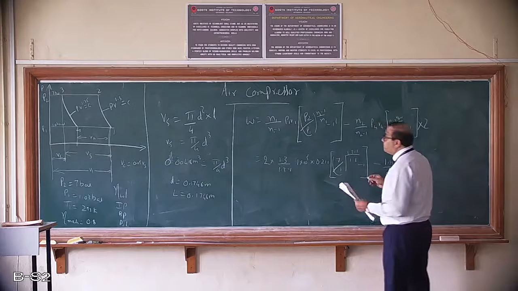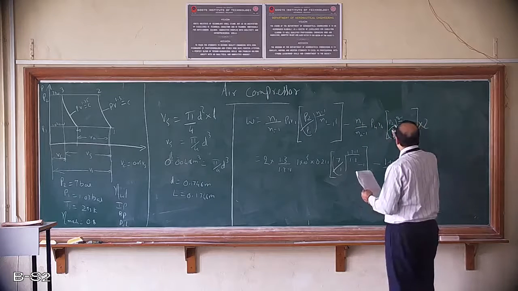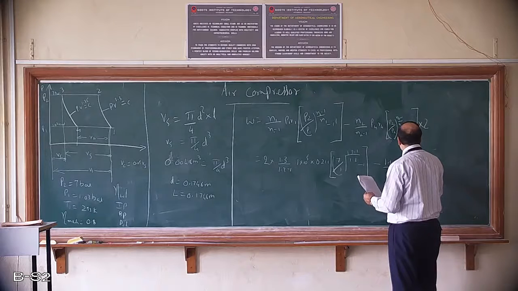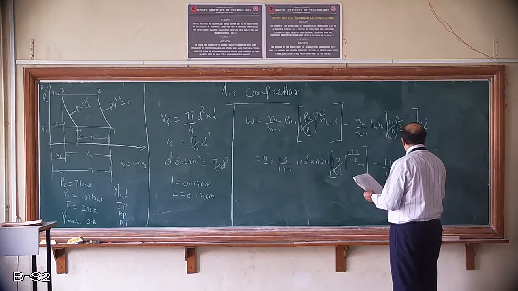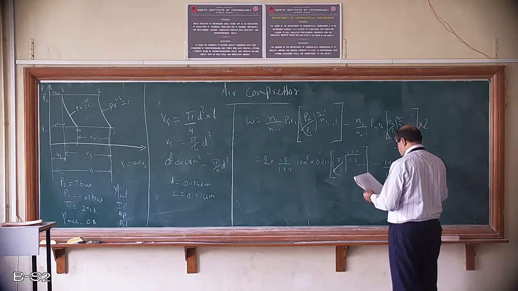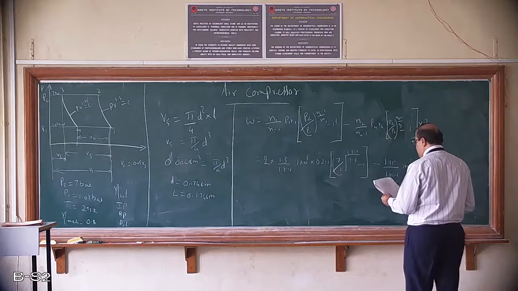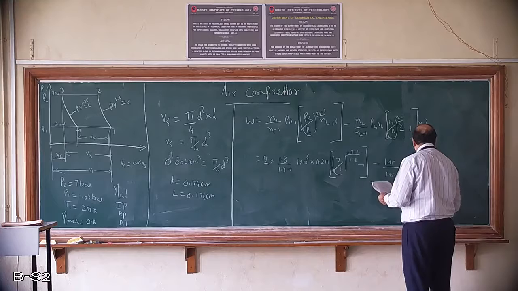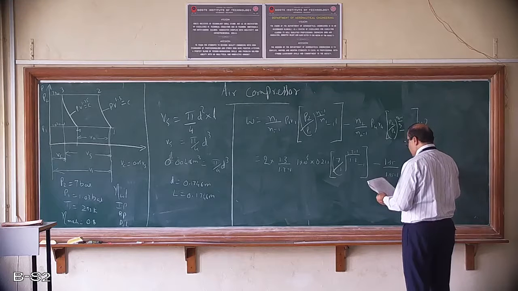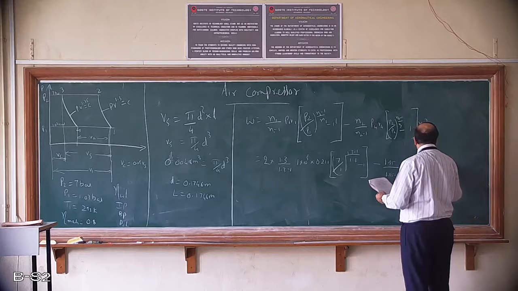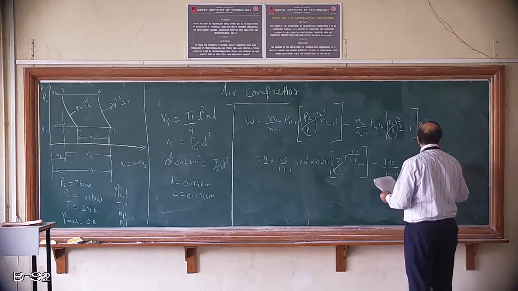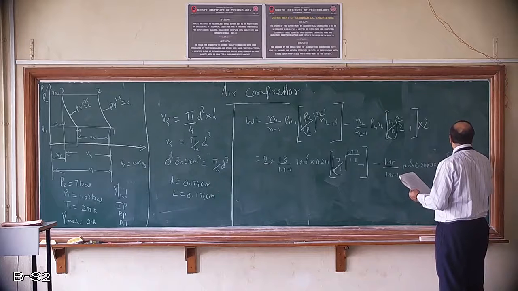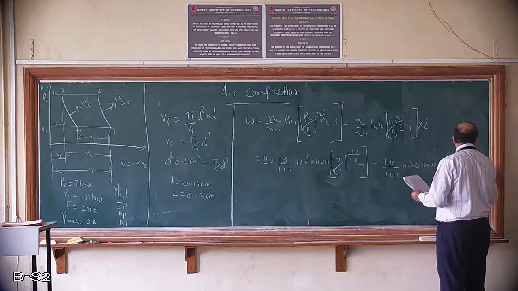What is P4? P4 is P1, so 1 into 10 to the power of 5 into V4. V4 is what? 0.211 Vs. So we know the Vs value, so substitute the Vs value: 0.211 into Vs, which is 0.00418, divided by P2 is 7 by 1 to the power 1.35 minus 1 by 1.35, minus 1.